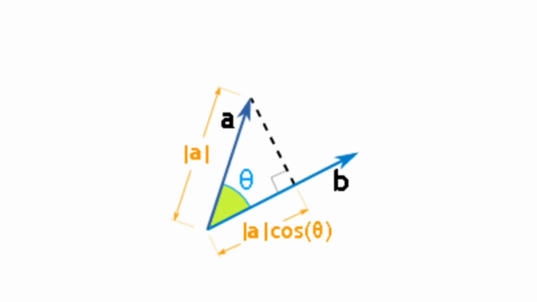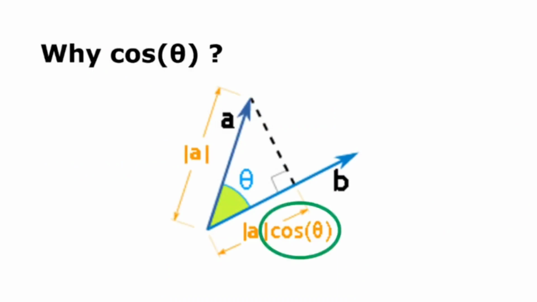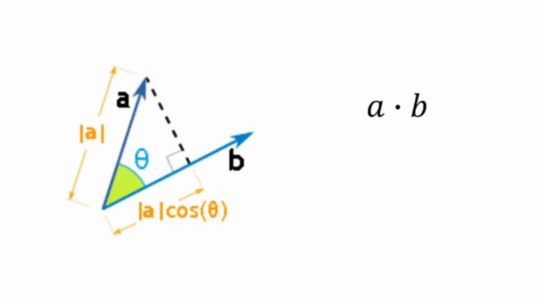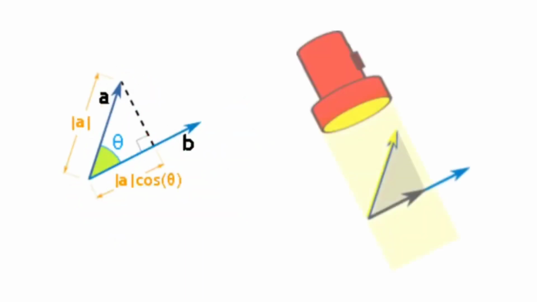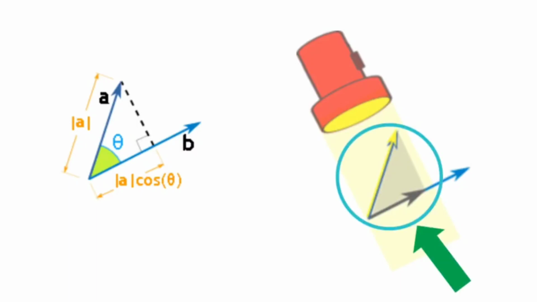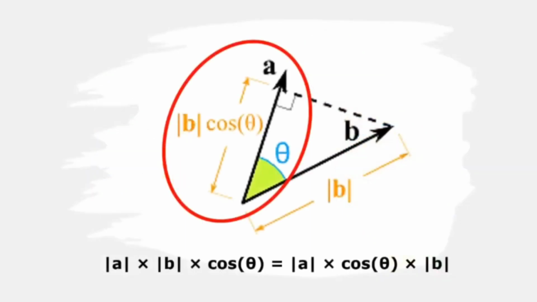You may be wondering until now, why cosine theta? To multiply two vectors it makes sense to multiply their lengths together, but only when they point in the same direction. So we make one point in the same direction as the other by multiplying by cosine theta. We take the component of A that lies alongside B, like shining a light to see where the shadow lies. It works exactly the same if we projected B alongside A then multiplied,